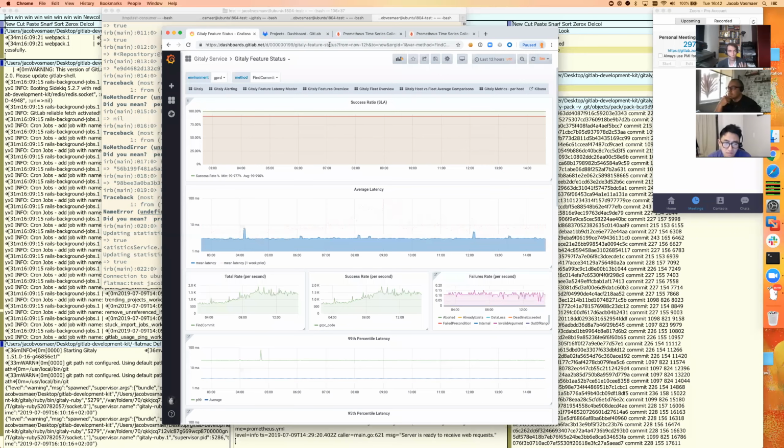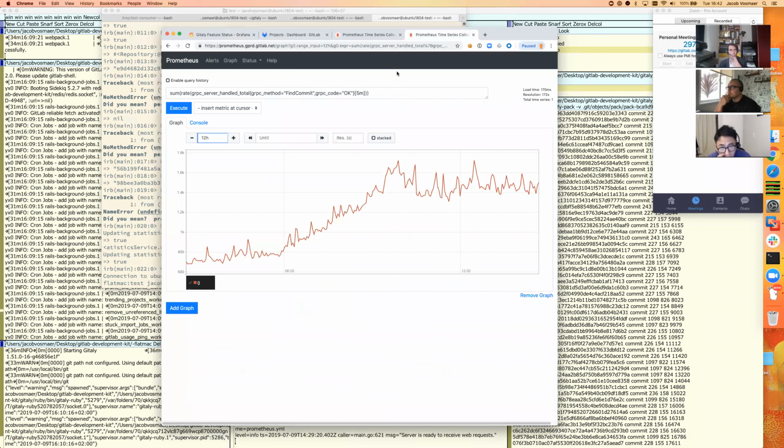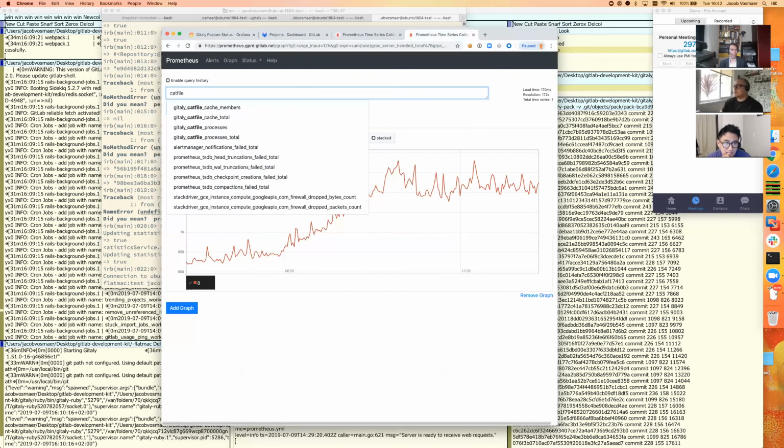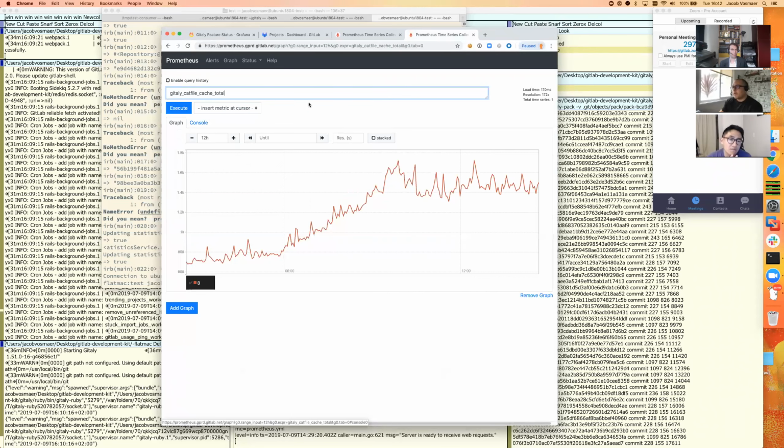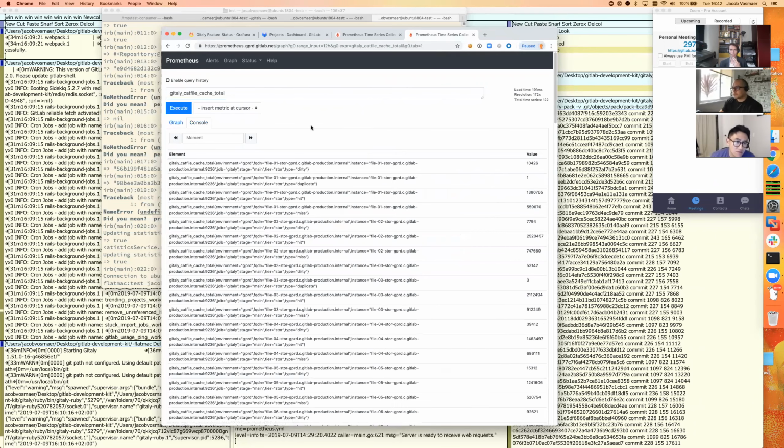So a while ago, we added a cache to Gitaly for cat file processes. And it's a cache. One of the basic things you might want to know is, is it working? Do we have a nice hit rate? So we instrumented this at the time, and I think we put the hit rate into this thing. So this is now